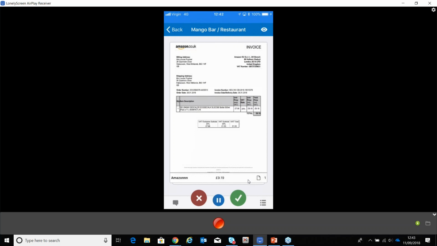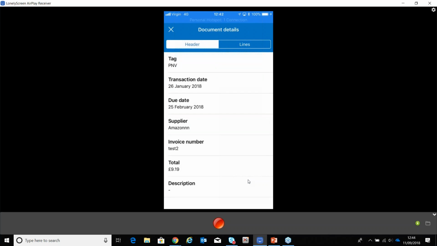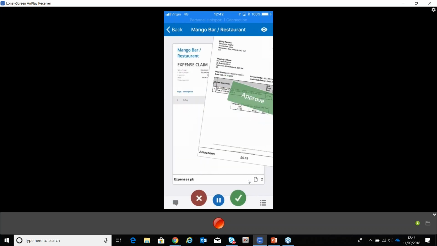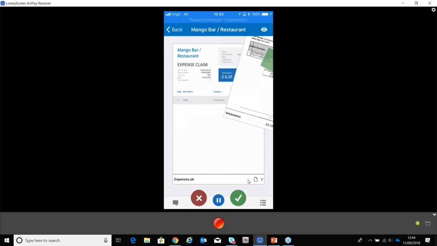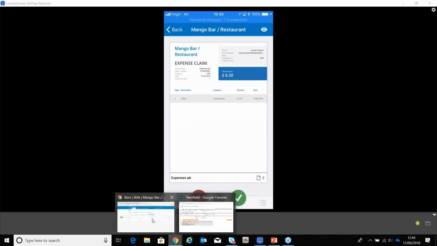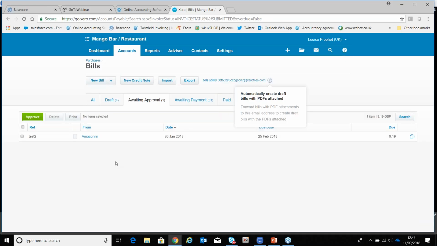We can click on any of the 4 corners, see who the other authorizers are, reallocate it to another authorizer. We can see all of the posting details that have been put in there, but more importantly, we can still use the simple swipe functionality. So if I just swipe that across for approval and then jump back into my Xero client,